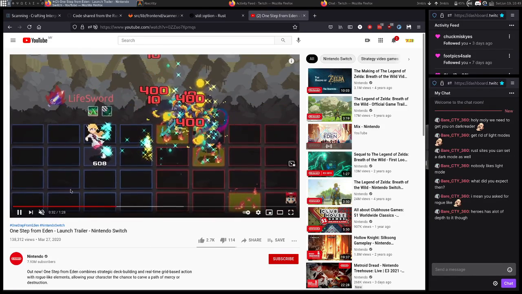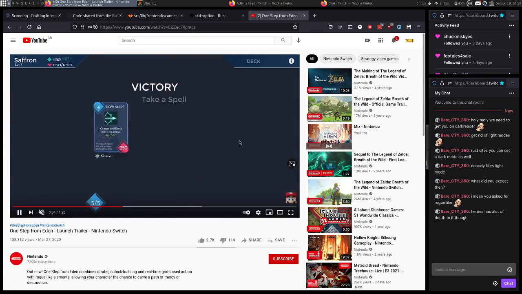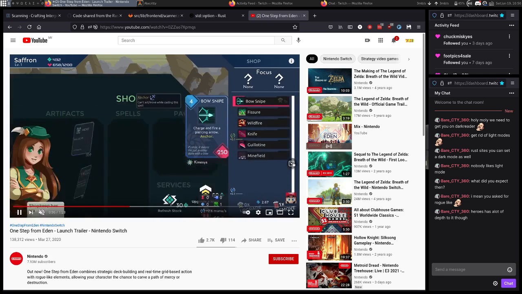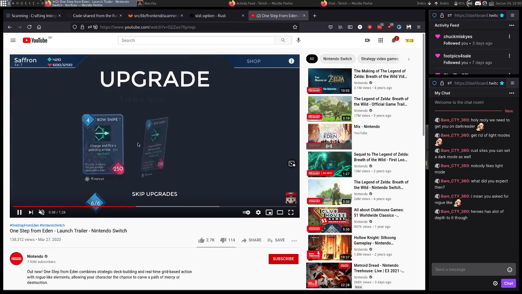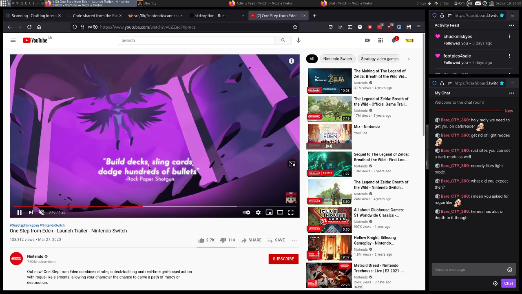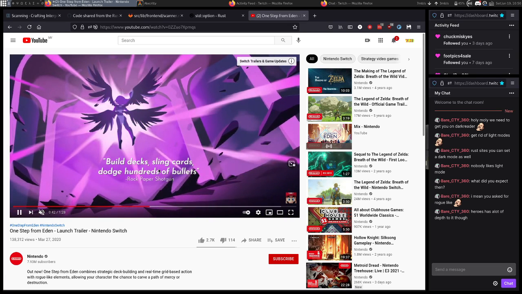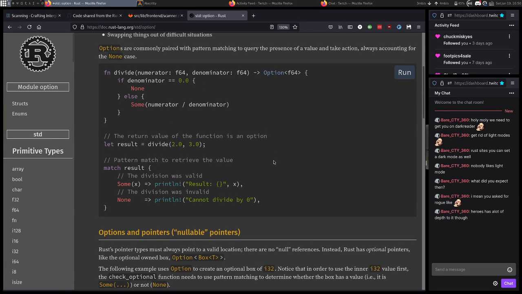So you have your spells down there, and you have this grid. You get to choose from your spells, you have access to them, and this is deck building stuff, which I like a lot. I sunk a lot of hours. There's a lot of depth to it. It's a roguelike, but